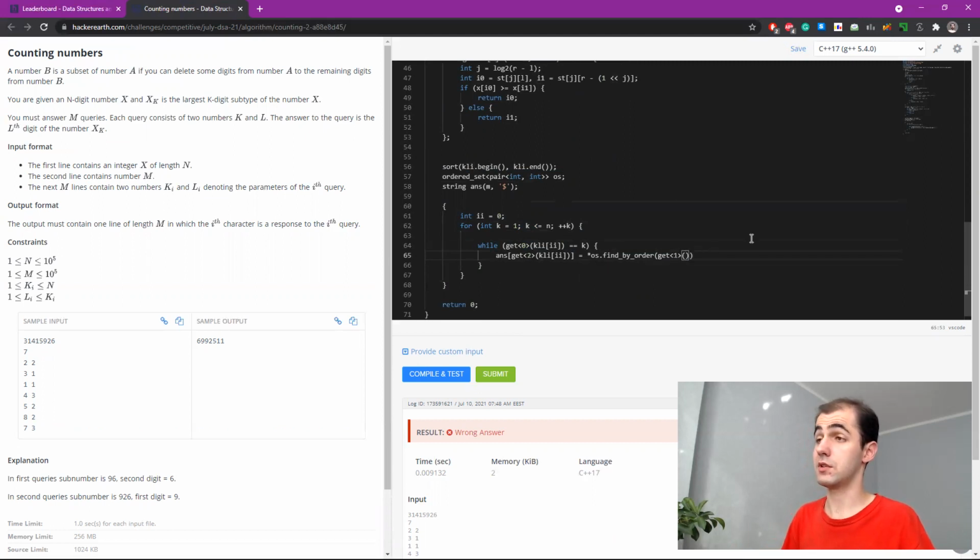What do you do here? Cli at I get 1 gets L. Pretty sure that you have to subtract 1. Also plus plus I. Sounds like this was intended.